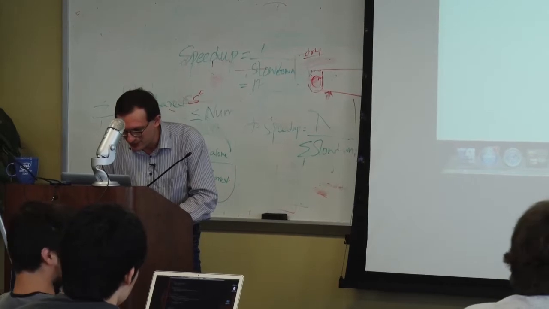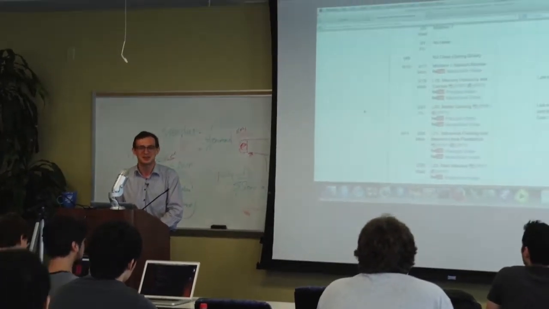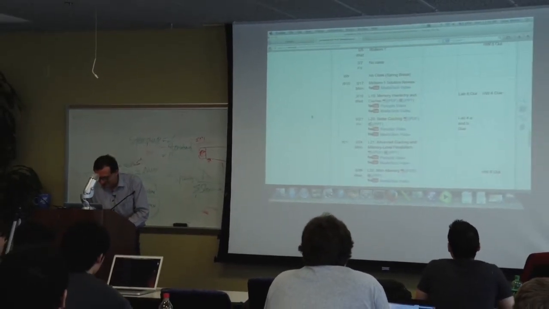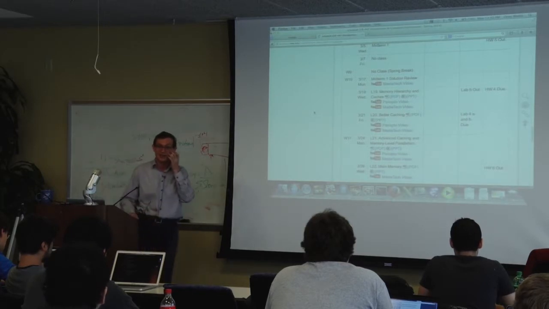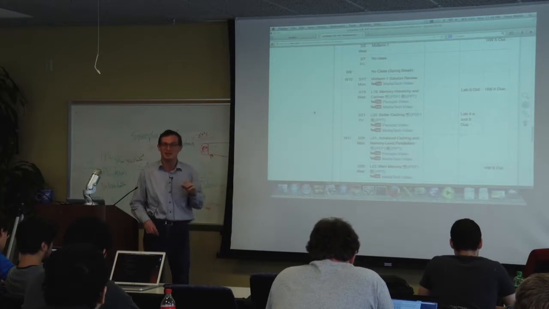After that, we've covered a lot of memory hierarchy, as I promised to you. Actually, this was one of the questions that you asked in the review session. I think, what are we going to cover next? And we did cover a lot of memory hierarchy. And the exam will mainly focus on memory hierarchy. There will be a lot of questions on the memory hierarchy. And you can imagine what those could be, right?